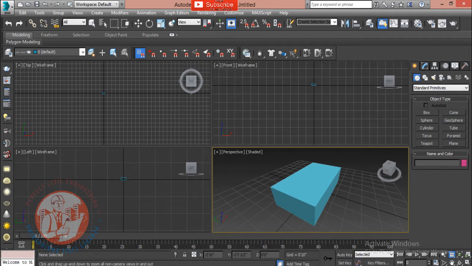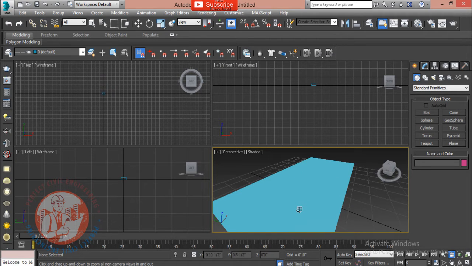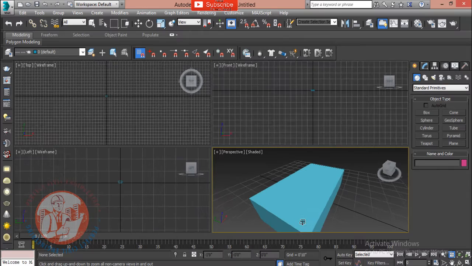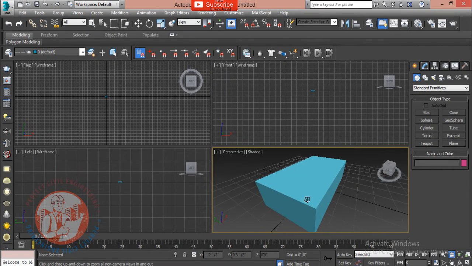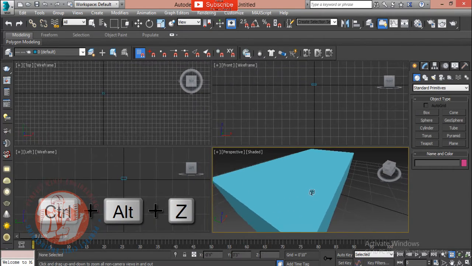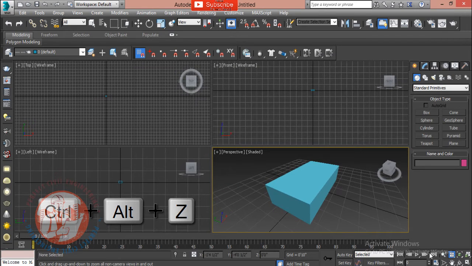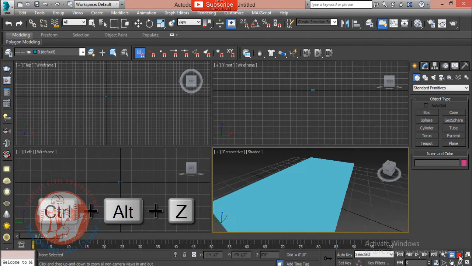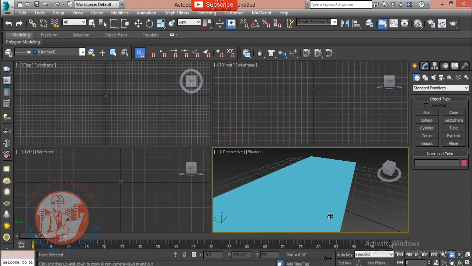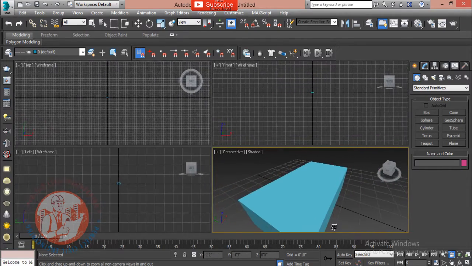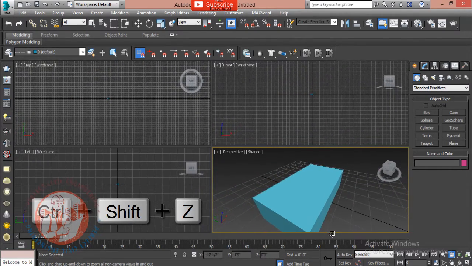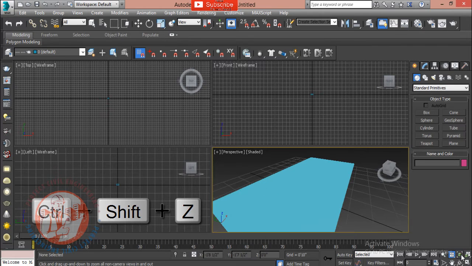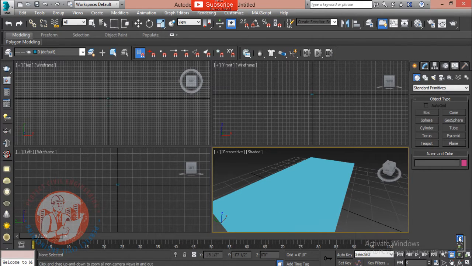Zoom all zooms into or out of all the viewports simultaneously by dragging the mouse. Zoom extents, Ctrl+Alt+Z, zoom extents selected, zooms in on all objects or in just the selected object until it fills the active viewport. Zoom extents all, Ctrl+Shift+Z, zoom extents all selected, Z, zooms in on all objects or in just the selected object until it fills